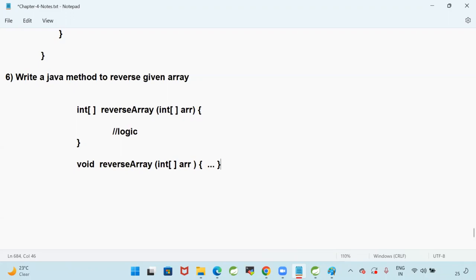If you want to print there only, then go for the second approach. If you don't want to print, just take the input, give the output, go for the first approach. Got my point? Now, write a Java method